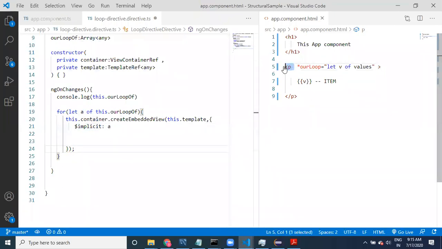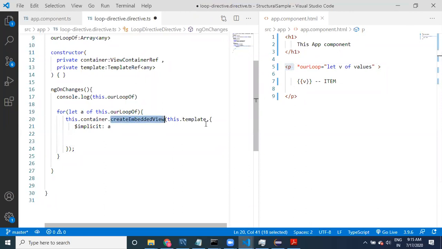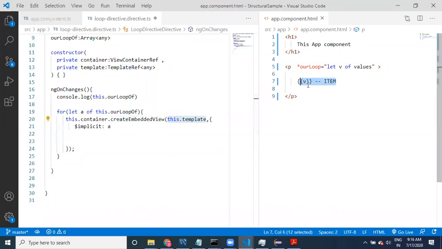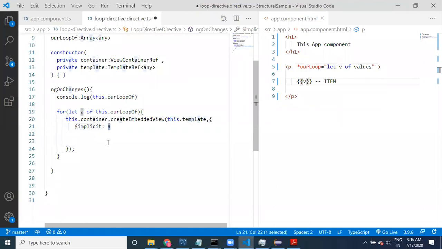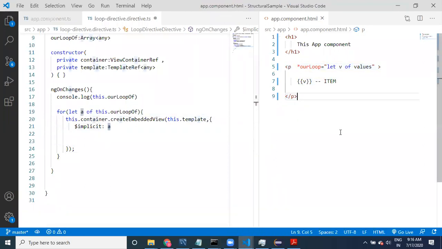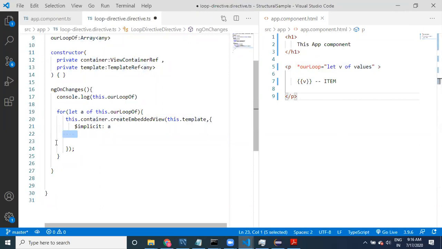So I am going to take this container, and for this container I am setting the template. But for this template, a special value is available, right? This is v. V is nothing but the implicit variable. For this implicit variable, which value do I want to set? This value. So according to this condition, it is going to work.